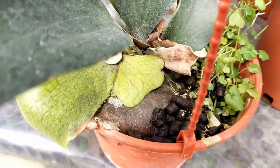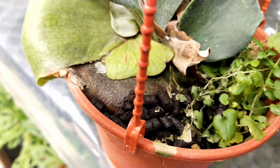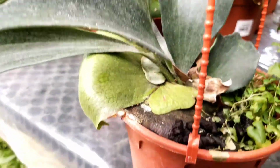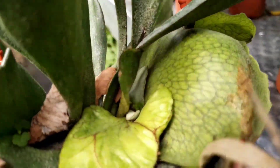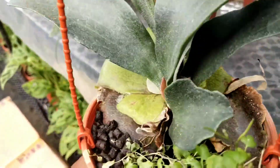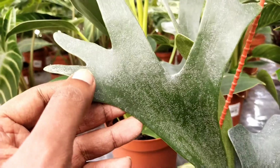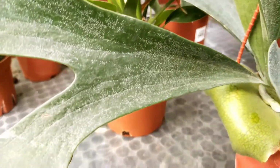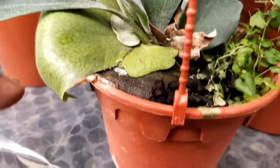It's supposed to be sideways, so the setback here is that this fern is going to suffer as it grows bigger, because this is not the position it is supposed to be grown in. It's supposed to be sideways, but this has been planted upright, and you can see that the shield is slowly rotting away. In the long term it may fall apart, but if it acclimatizes, it may slowly turn its position,